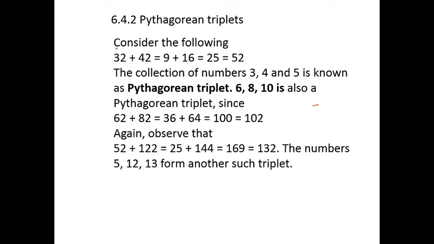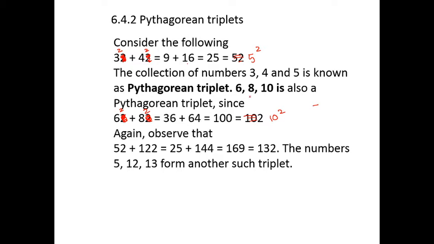Again, here it is 3 square, power is 2, here power is 2. 3 to the power 2, 4 to the power 2. So this collection of numbers 3, 4, 5 is called a Pythagoras triplet. Another is 6, 8 and 10. Here it is 6 to the power 2 and 8 to the power 2. 6 square is 36. Don't write 6 twos are 12. 6 square is 36, 8 square is 64. 36 plus 64 is 100, which is equal to 10 square.